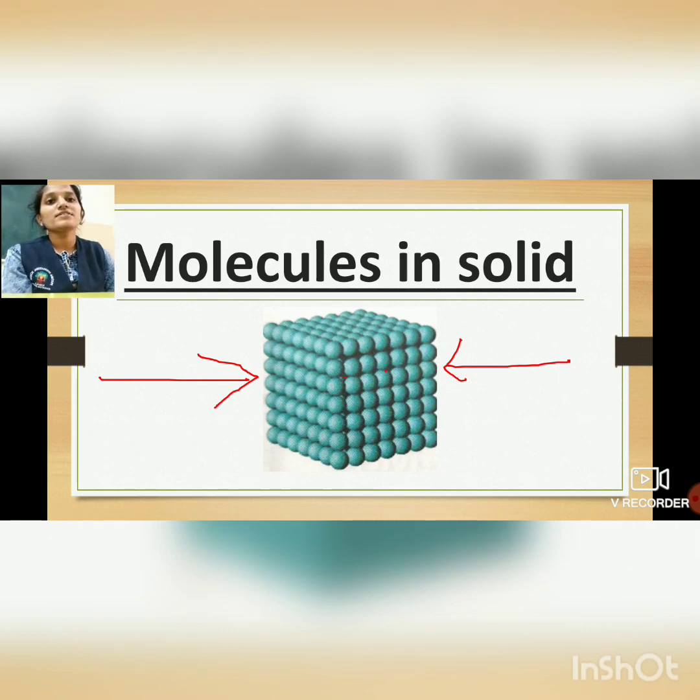Now students, solids can be soft or hard also. Even some solids are also there which can break into smaller pieces. So here students, I have shown you one example for breakable solid, that is mirror. So as we all know that if the mirror falls on the floor, it breaks into smaller pieces. That means some solids are also there which can break into smaller pieces.